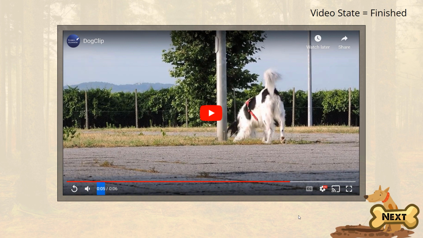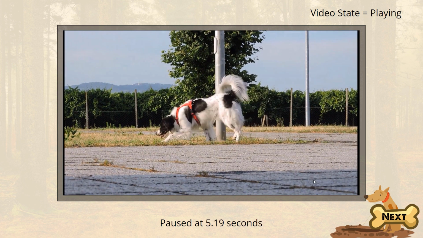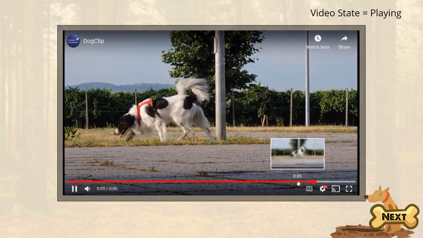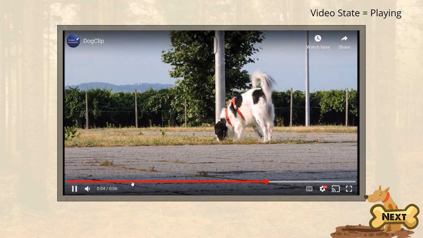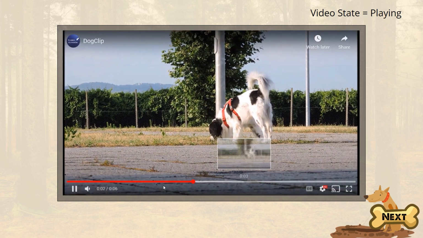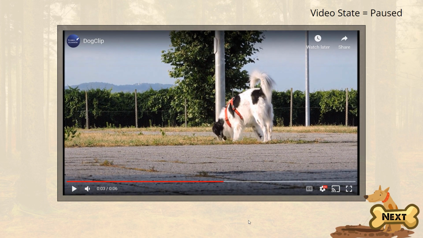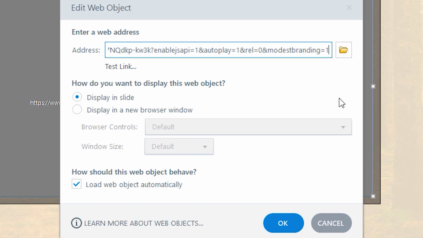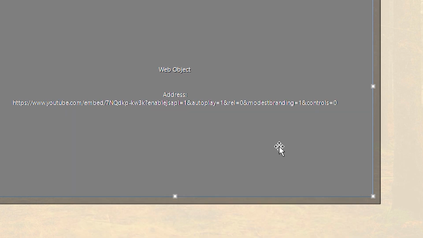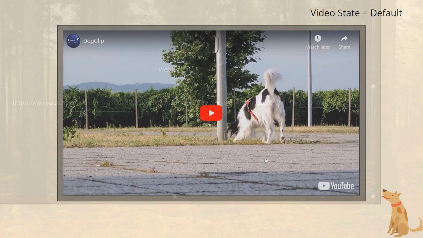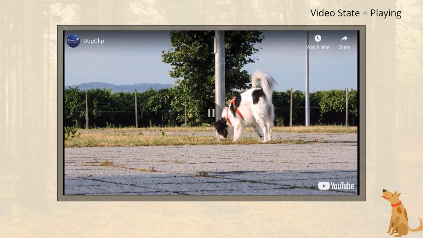But there is a problem, however, which is that with the video timeline interface here, the user can still simply click out of our defined area of the video to watch whatever they want, and this also breaks them out of the completion state loop. We can get around this, though not in an ideal way, by adding an additional parameter to our web object of controls equals 0 in order to remove the player controls. The user can only play and pause the video at this point.